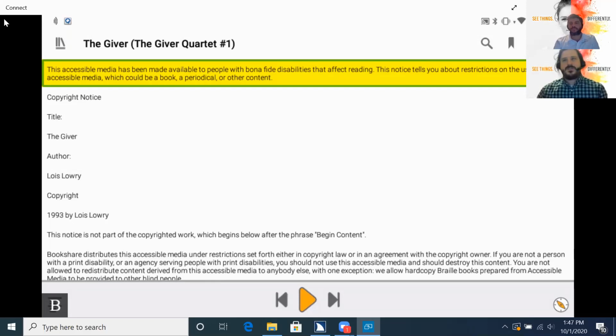And some of this will look very similar to what Andrew showed when he talked about navigating a web page. Andrew showed us how to search for a word on a web page by pressing space with the letter F, as in find. I can do the same thing here in this book. So if my class is beginning to read at a certain point in the book, and again, you would probably want more than one word, probably a whole sentence, but if I press space with the letter F,